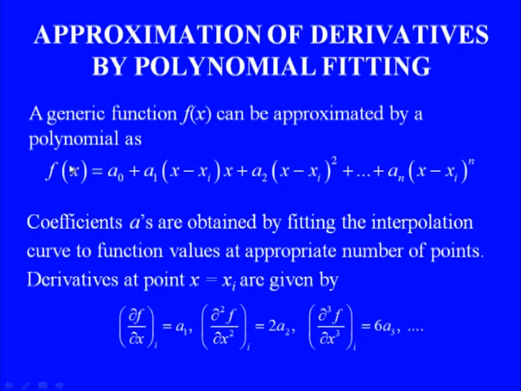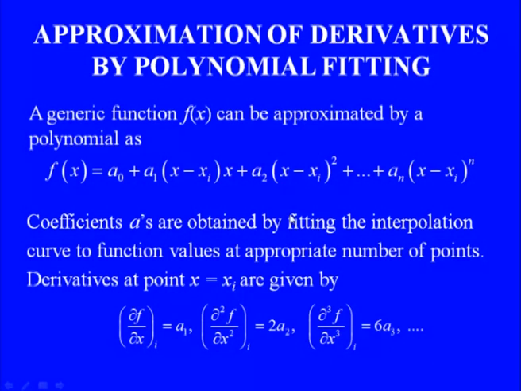And once we have obtained this approximation or this interpolation curve, how do we obtain the derivatives? That is very simple. Let us just differentiate this interpolation function. So if we differentiate it once, what do we get? Del f over del x at x_i will simply be the coefficient a1. Differentiate it twice, so we get del 2f over del x square is equal to twice a2. Similarly the third derivative at point x_i will become 6 times a3 and so on. So once we have obtained this interpolation, we should be able to obtain any order derivative up to order n